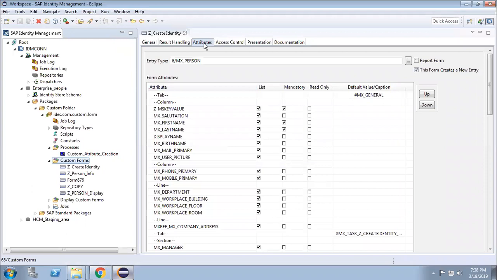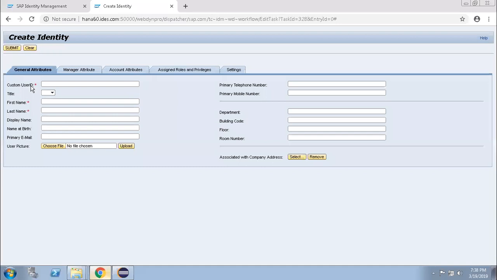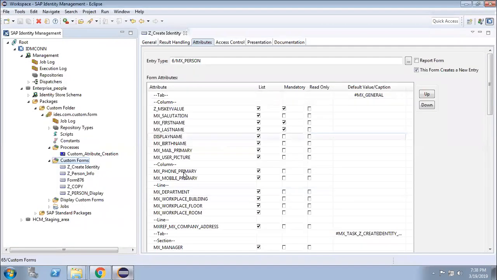In the attribute sections, we can customize those attributes, and using the tab, the column name, and various lines, we can configure our form, such as which is a mandatory field, which is not mandatory, which is required, which is not required. Everything we can configure over here in the attribute section.